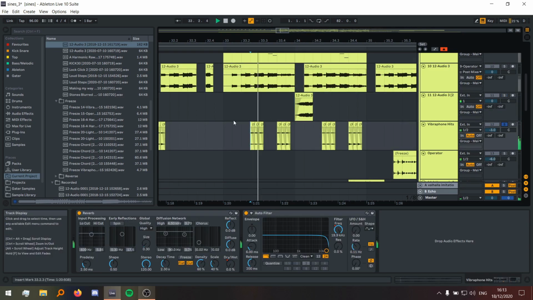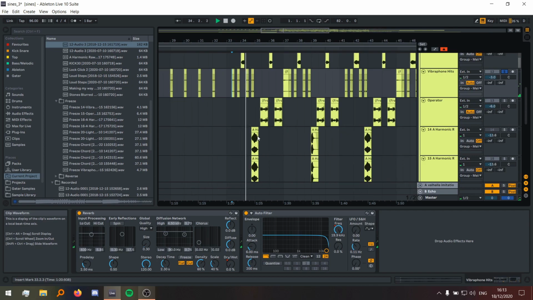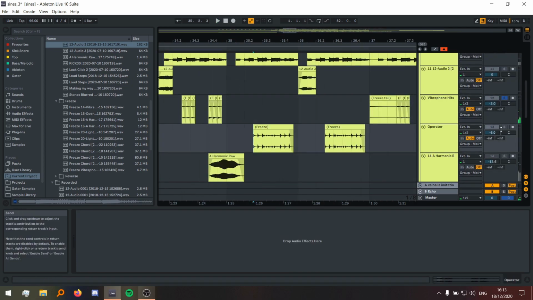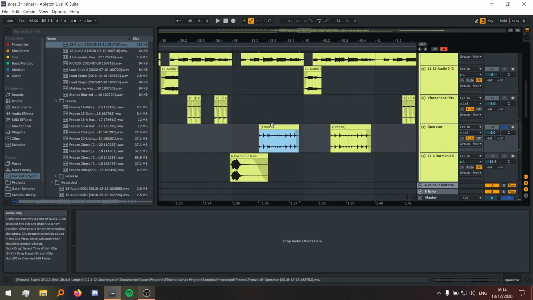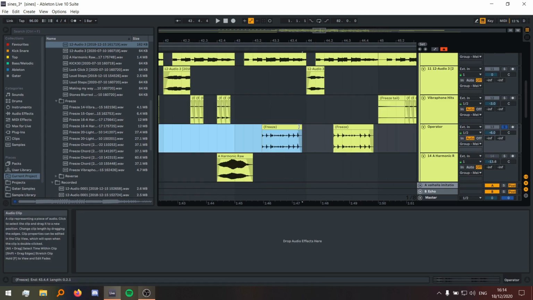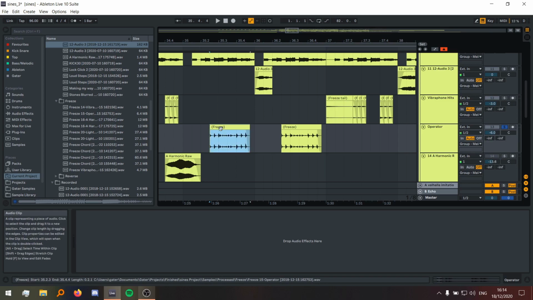I have these vibraphone hits again, and then this operator sound, which unfortunately I froze, and I've gone through all of the versions of this project and it was frozen even in the first one, so I guess I saved too late. But what it sounds like to me is a very short sine FM sound, and then here I've turned on a grain delay